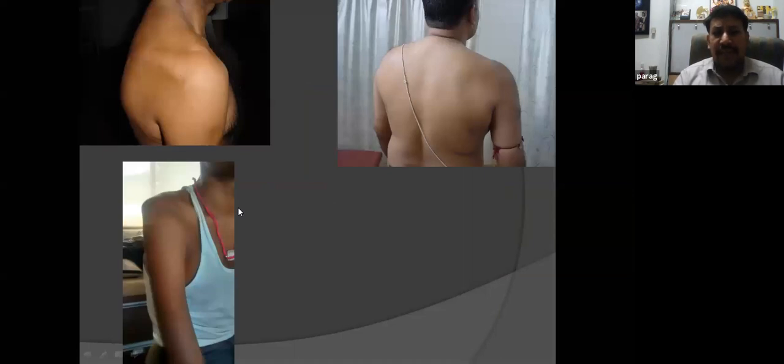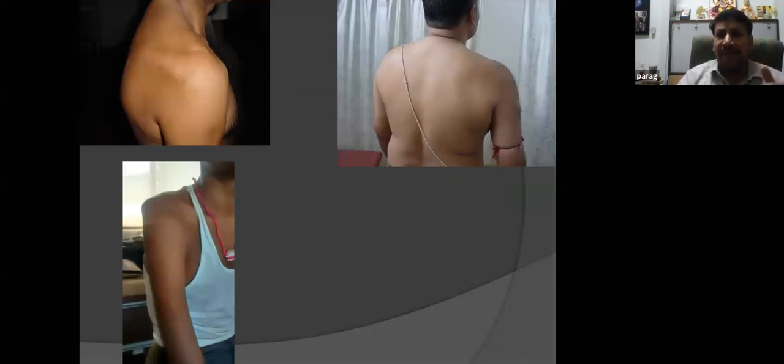So just to summarize, on inspection, you have wasting of both supra and infra. You have just the wasting of infra, and you have the wasting of deltoid, supra, and infra. And all these can lead you straight to your diagnosis of which nerves can be involved and what further investigations you would want to do. So again, very, very important points of inspection. Look at the patient from all three sides, front, side and back, compare it with the opposite shoulder and come to your diagnosis.